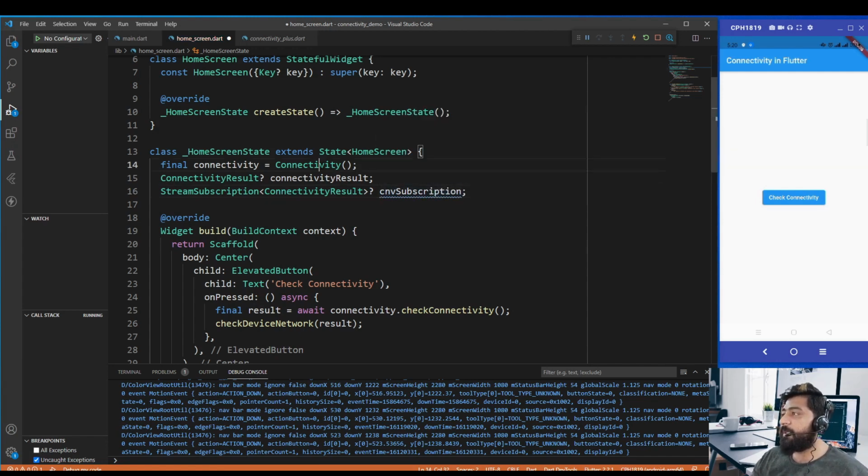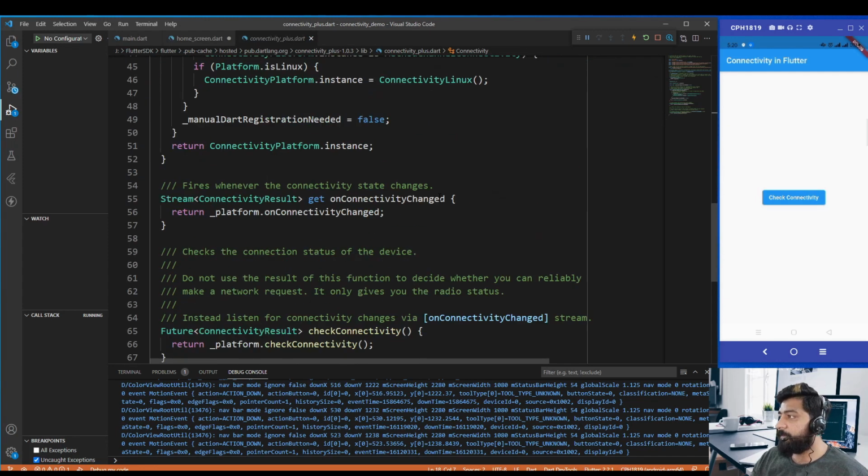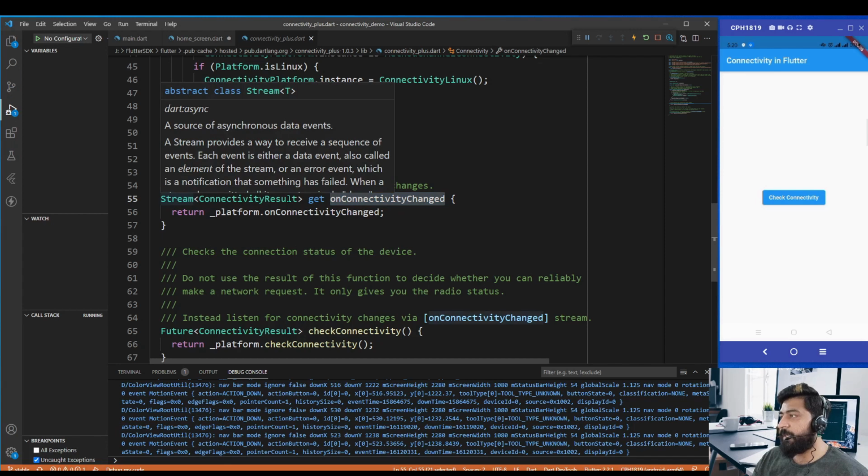Now this connectivity class also provides us a method called onConnectivityChanged. Let me show you this method first. This onConnectivityChanged method returns the stream of connectivity result.